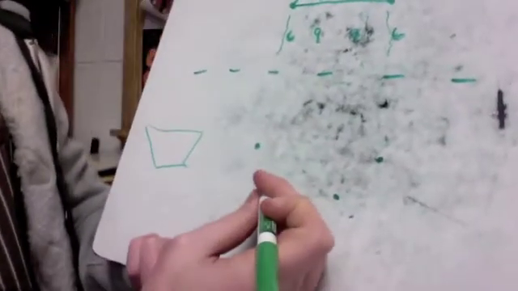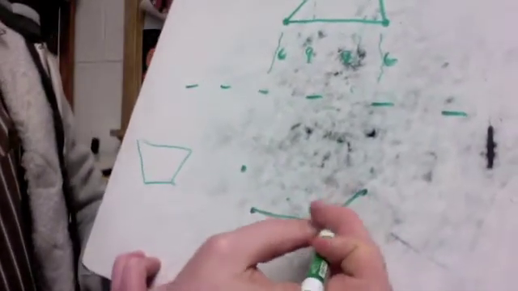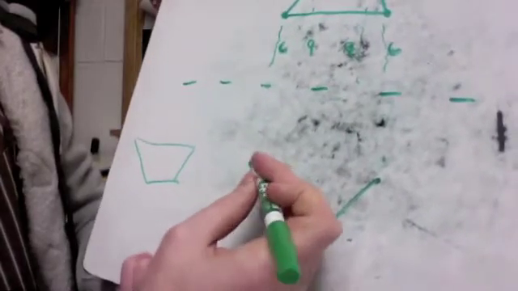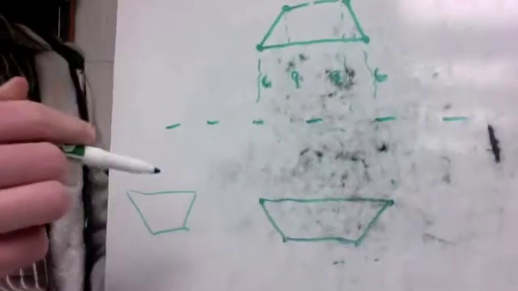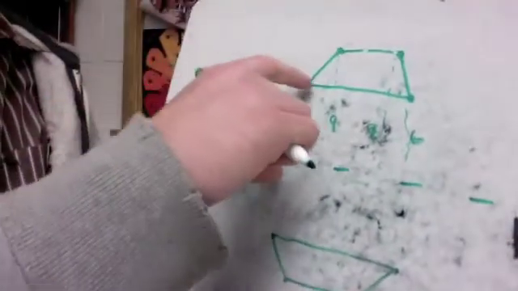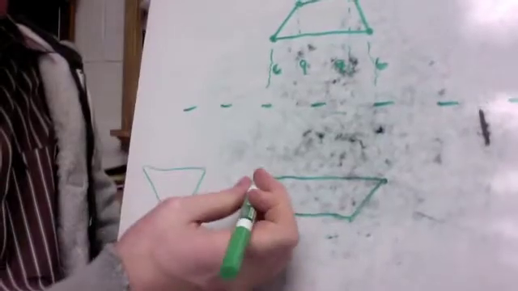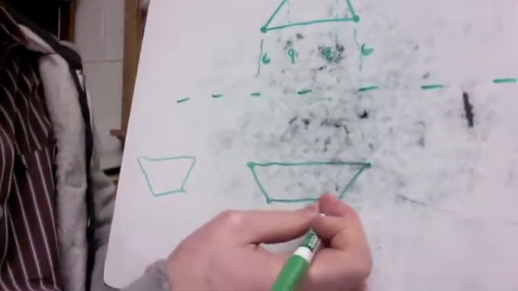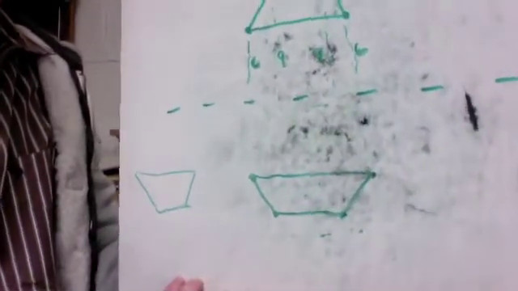Now all I have to do is connect the dots. So I can connect it there, there, there, and across like that, and I've got my reflection of the trapezoid. All we really had to do was measure how far each vertex was from the reflection line and reflect it over. You just have to understand that when you're doing this, the points are going to be opposite of what